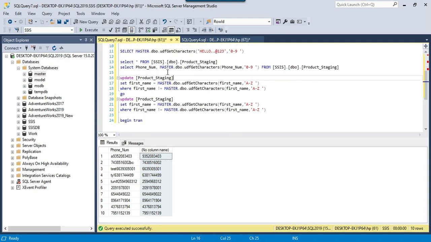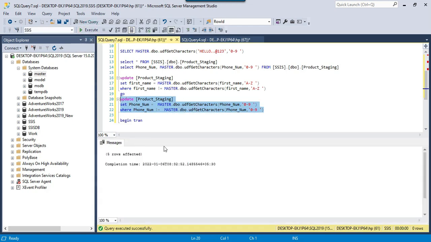and if you are satisfied with the new values, only then you can run the updates. So now I need to update the phone number, and I need to remove the special characters and alphabets from the phone number, and then I can just copy this line here, paste it here, and not equal to this one. Okay, because there are 10 records and I want to update only the bad records. So if I execute, then it should update only 5 records. Okay, so you can see that 5 rows affected.